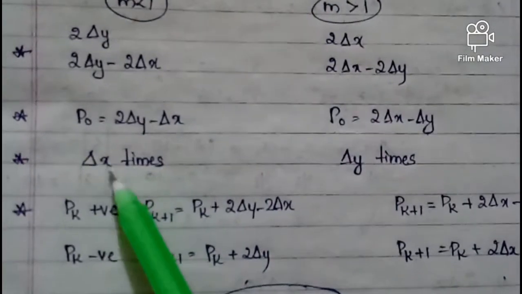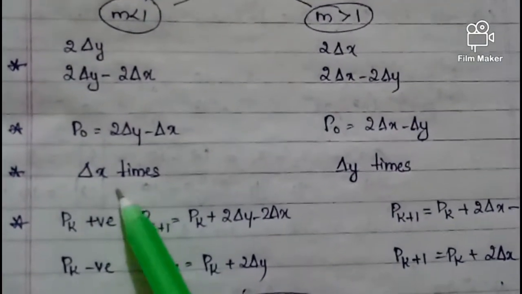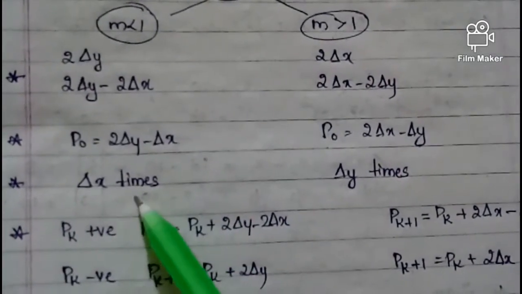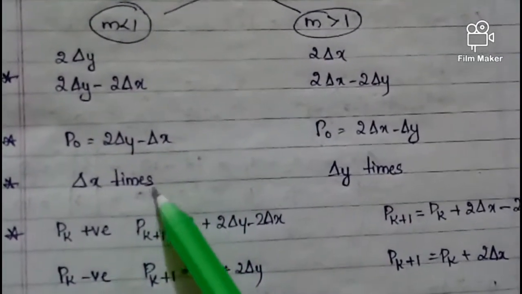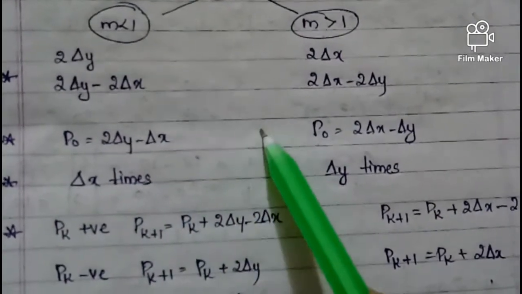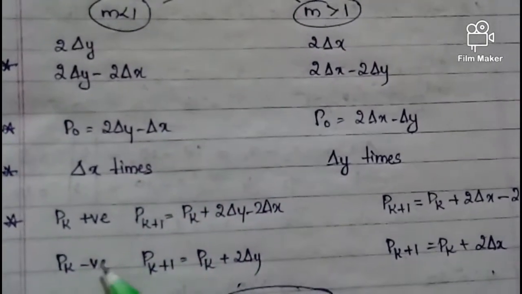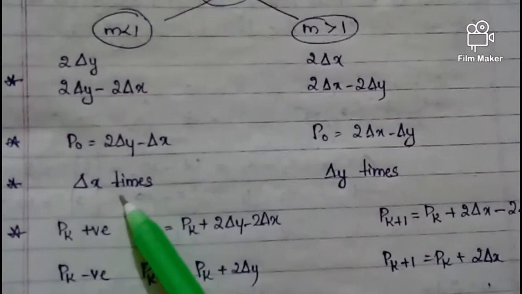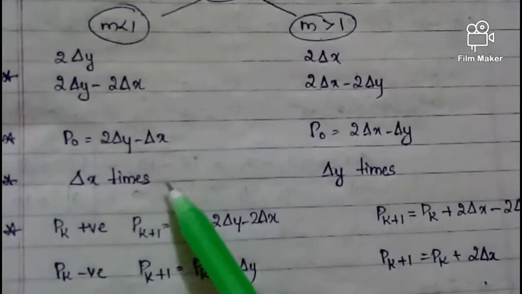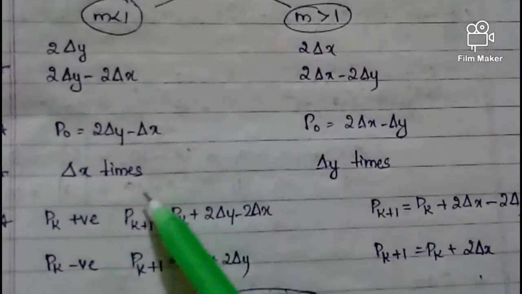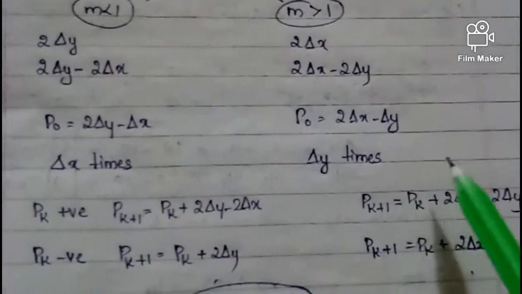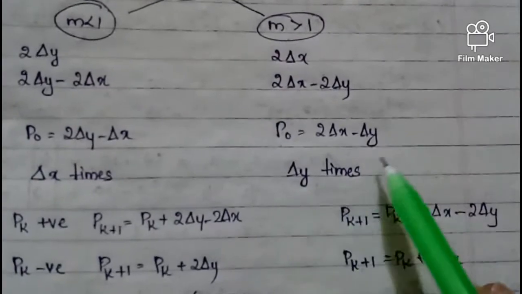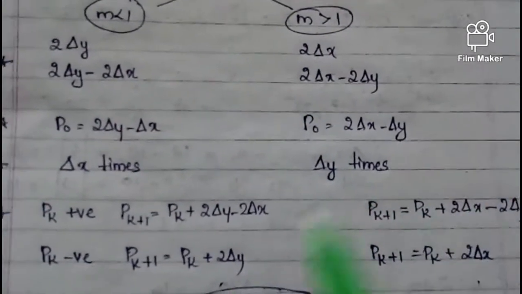And in each step you have to find the values of x and y to be plotted. Because you know only the starting point and ending point. And it is your duty to find all the pixels that lie in between these 2 points. So when you repeat steps delta x times, you will be able to find all points that lie in between these 2 points. Here also, when you repeat the steps delta y times, you will be able to plot all the pixels that lie between first point and last point.